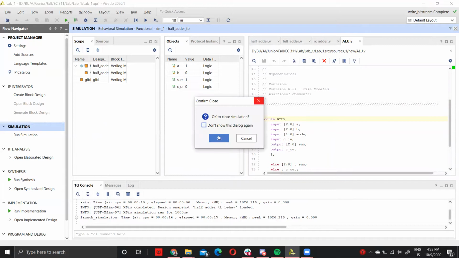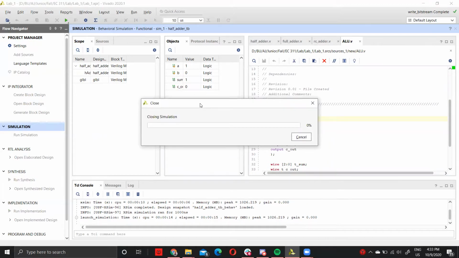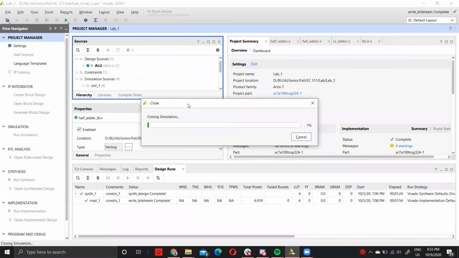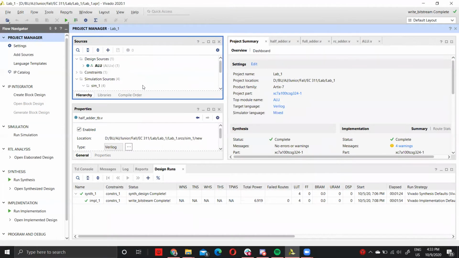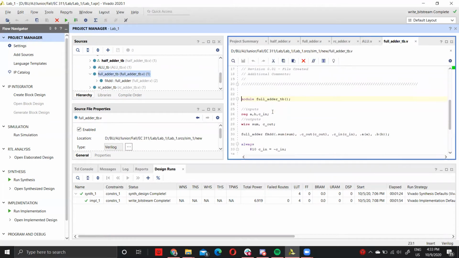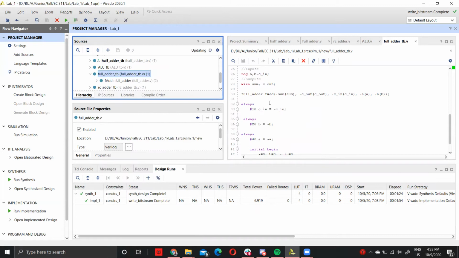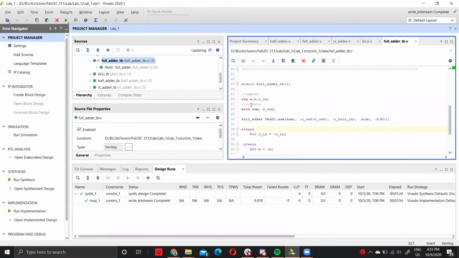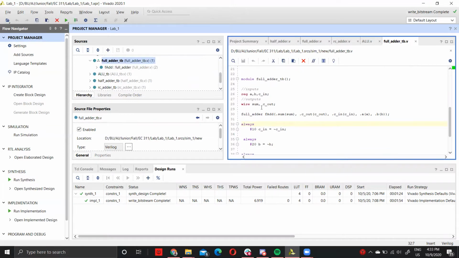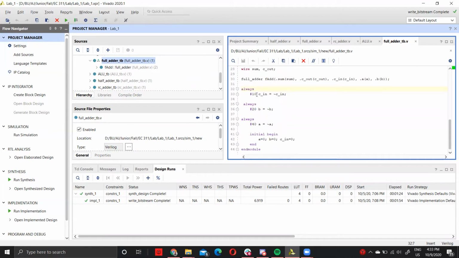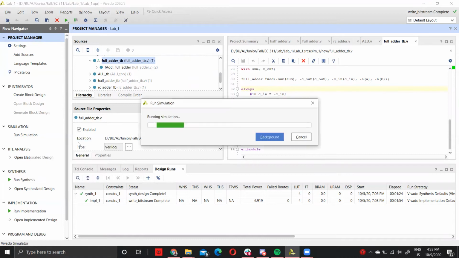And then let's stop this simulation. So if we look at the full adder simulation, once this is done closing. So the full adder test bench, we can see, just set this as top for when we get to it. What we see is we have A, B, and C in as our inputs or registers, and sum and C out as wires for our outputs. And we run that through, and then we just continuously flipped each single value at different time steps, and we just initiated it all at 0. So if we run this behavioral simulation,